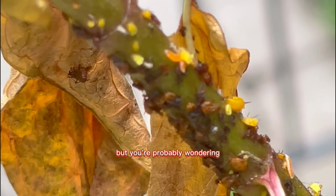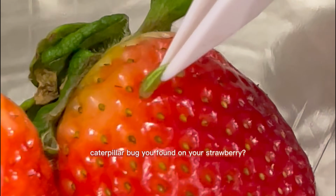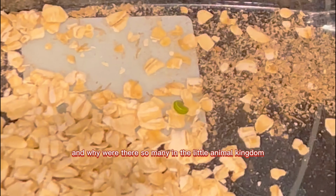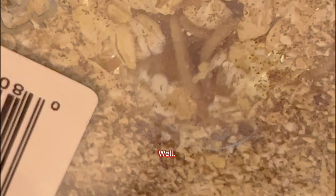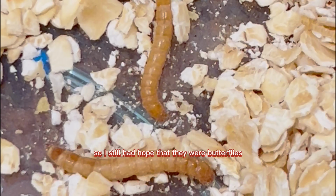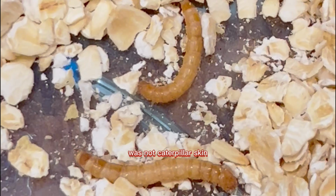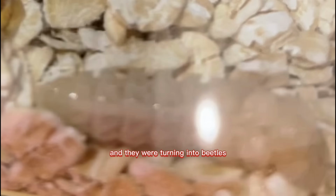But you're probably wondering, well, plant lady, what in the heck happened to the little green caterpillar bug you found on your strawberry? Is it now a butterfly? And why were there so many in the little animal kingdom if there was only one caterpillar? Well, these things began to shed different linings, so I still had hope that they were butterflies, but soon I realized that this skin they were shedding was not caterpillar skin, it was mealworm skin, and they were turning into